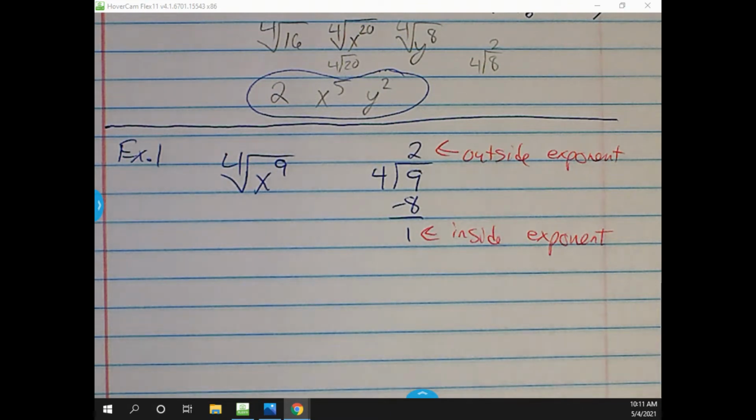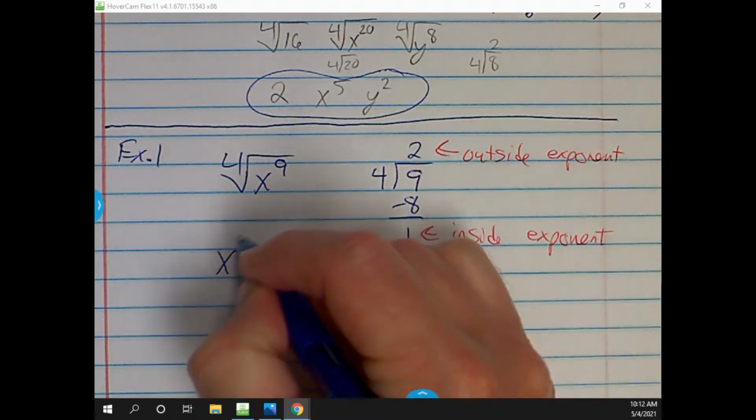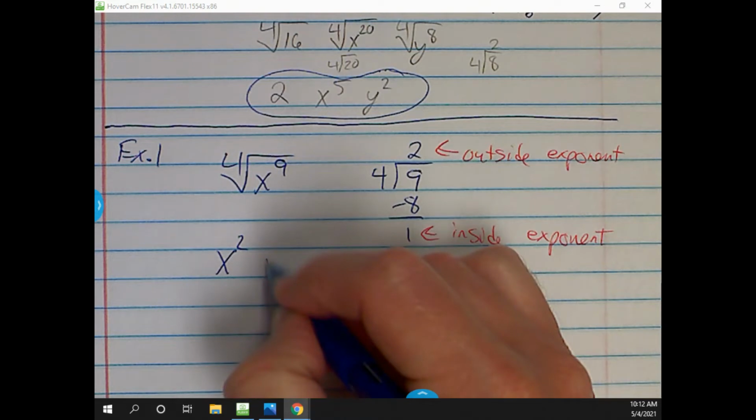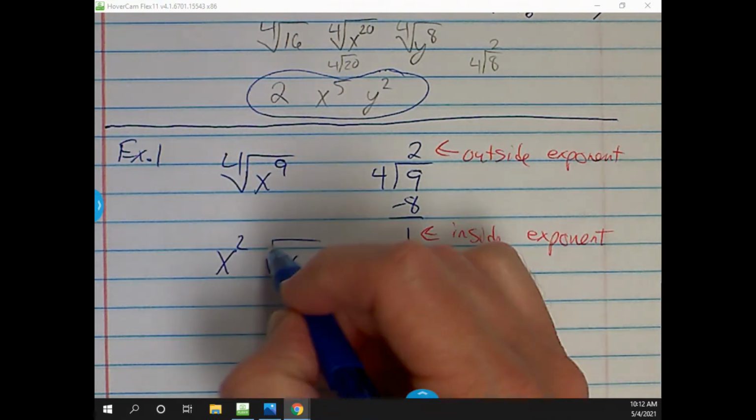Now, here's the way the book is going to do this. The book doesn't quite do it this way. So our final answer for this would be, we're going to have 2 x's on the outside. So we're going to have x squared. You're going to have 1x on the inside. And you just have to remember that whatever the index is that's here, make sure you always carry that index